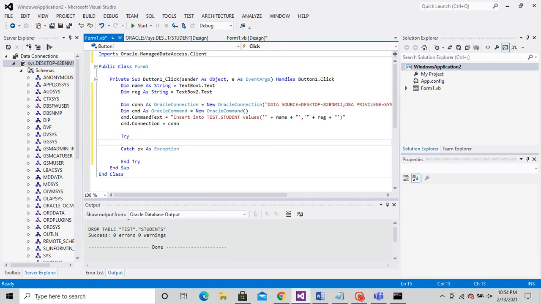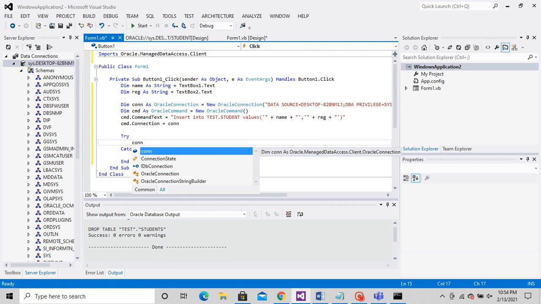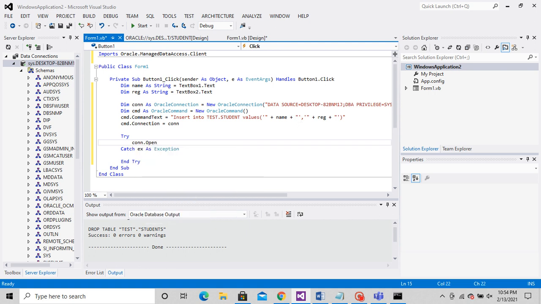And that plus is for concatenation, since we want the value of the variable name to come into the command. If you don't use that plus, then the exact word NAME will be inserted, which we don't want. We want the value to come here.